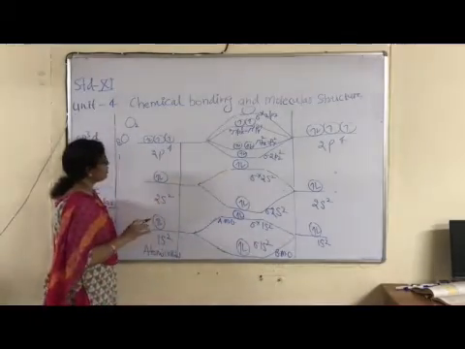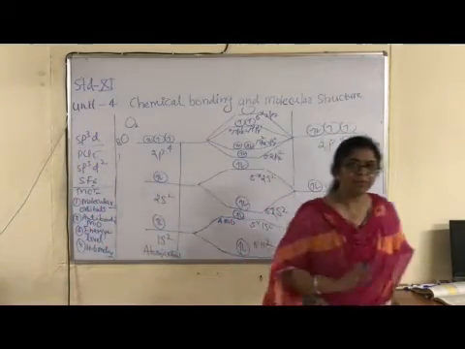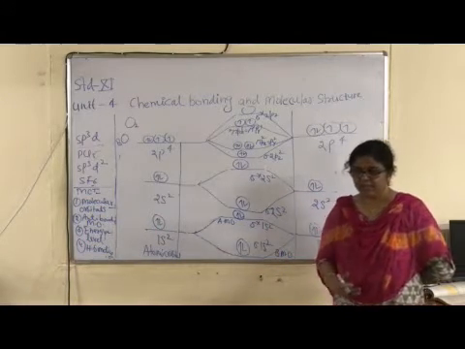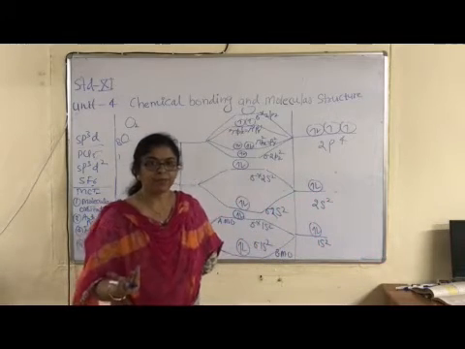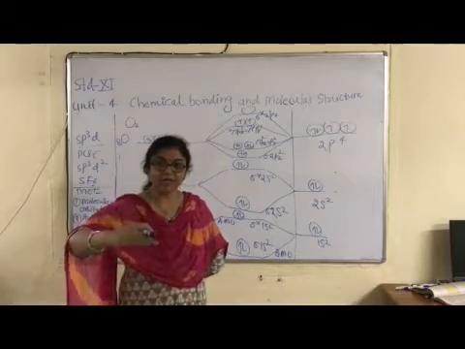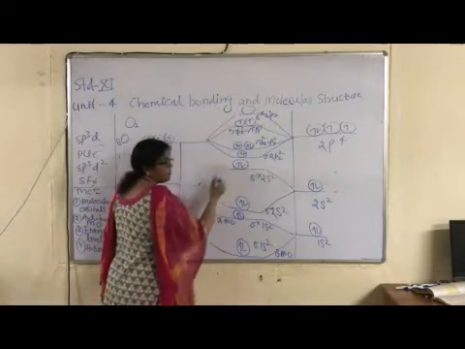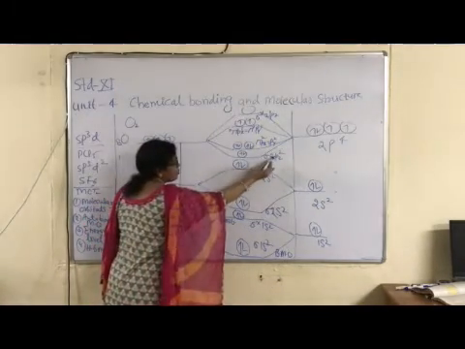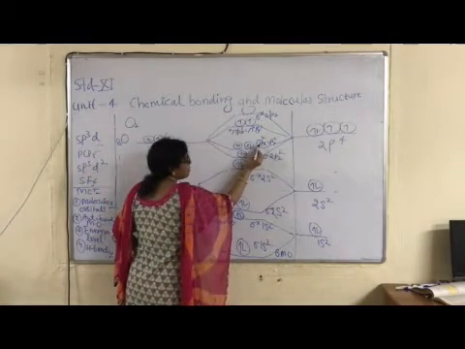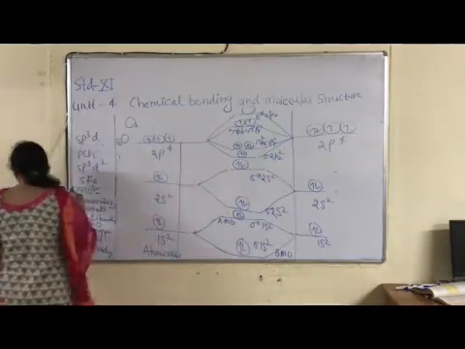Now the modification is only in the p orbitals, because in p orbitals, pz forms a sigma bond, which is stronger than a pi bond. Px and py always form pi bonds, and a pi bond means a high energy state, in bonding as well as antibonding. This diagram shows this sigma bond by pz, right? Sigma 2pz is okay. Then pi. What is this one? It is 2p pi, and the principal quantum number is 2.